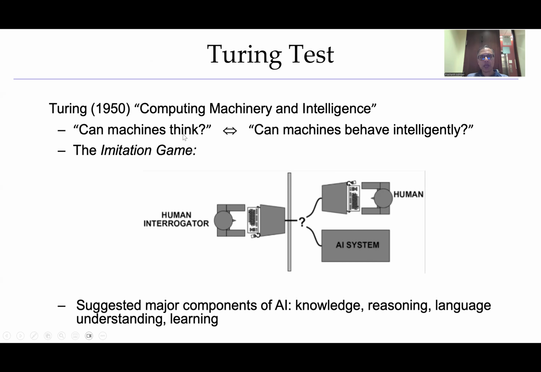And in this paper, he gives a lot of examples of the kinds of questions that might be asked and the types of answers that the machine could give that would be indicative of intelligence. And it suggested major components of AI. These included things like having knowledge, being able to reason, being able to understand natural language, and being able to learn. So all those ideas were present in this seminal paper by Alan Turing. Okay,